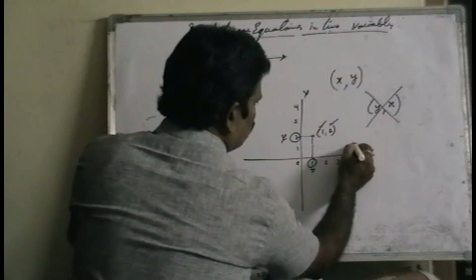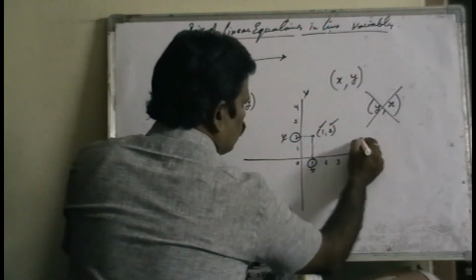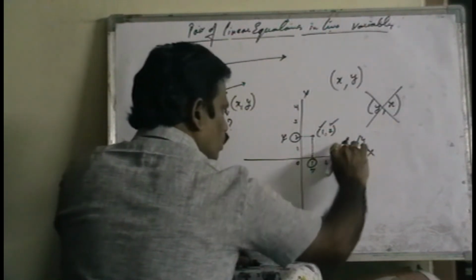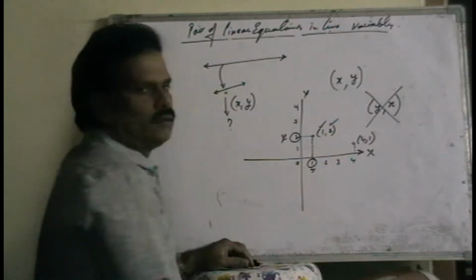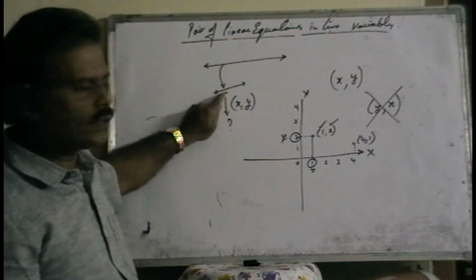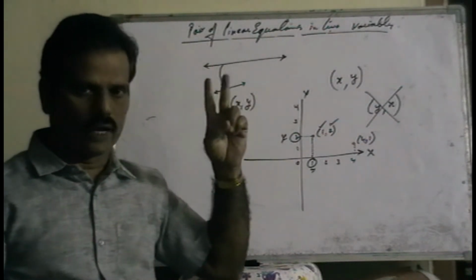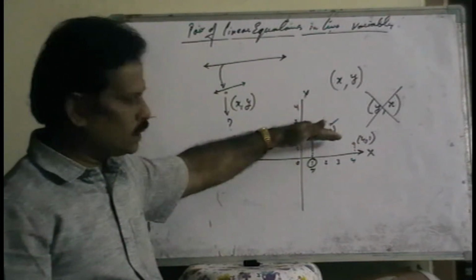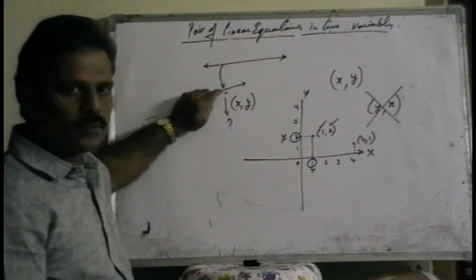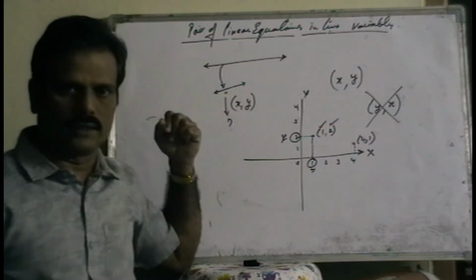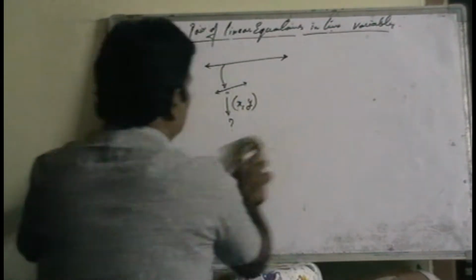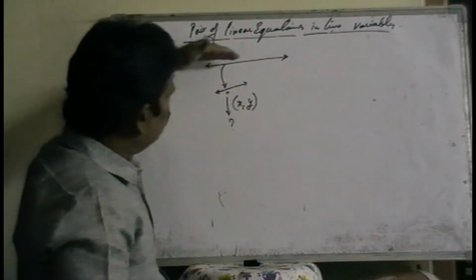Suppose this other point: it is at a horizontal distance of 4 units, and the vertical distance, the height, is only 1 unit. So that is the point 4 comma 1. Every point is nothing but an ordered pair of two values: one is the x-intercept, the second is the y-intercept. Now, the line depends on the point, and the point depends on the ordered pair of two coordinates. So indirectly we can say the line depends on the point. Now what is the line equation?